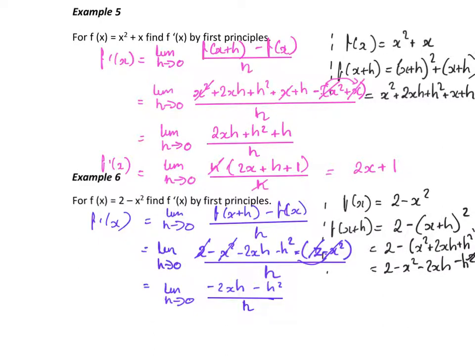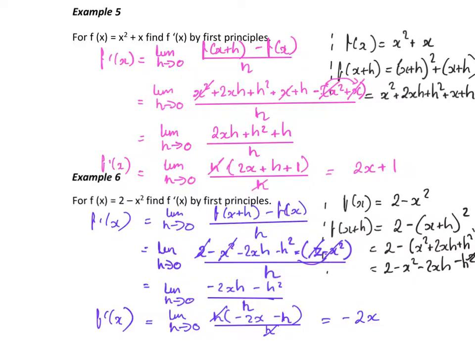And of course, we can take out a common factor there. So the limit as h tends to 0, take the h out, and you've got minus 2x minus h, and that is all over h. But of course, the h's cancel out. And so as we let h tend towards 0 now, so we're going to drop the limit part, our answer becomes minus 2x. So f dash of x, the gradient or the derivative of the function 2 minus x squared, is equal to negative 2x. And we did that